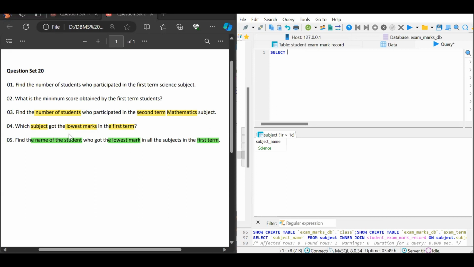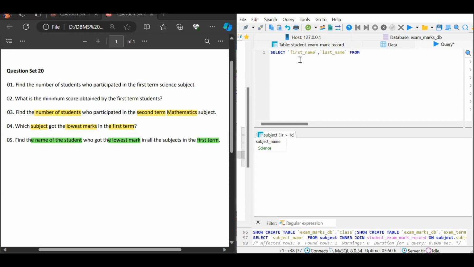One is the name of the student, and the other is the lowest mark obtained in the first term. So we need to find the student name, so we need to find the first name and comma, and the last name,